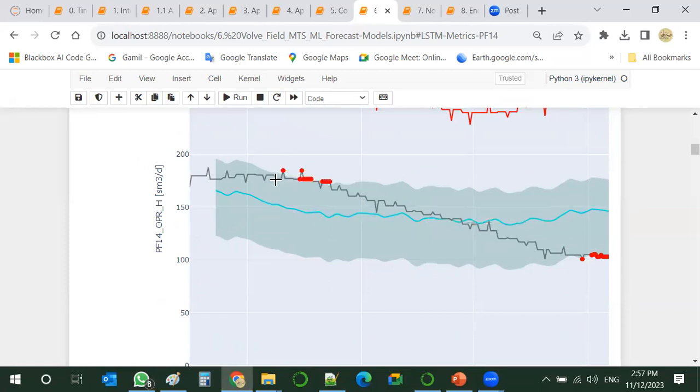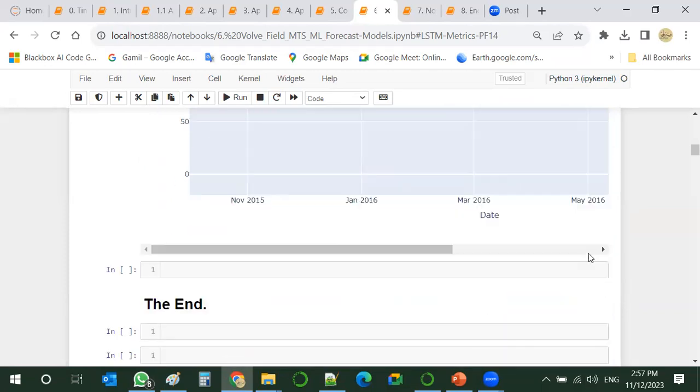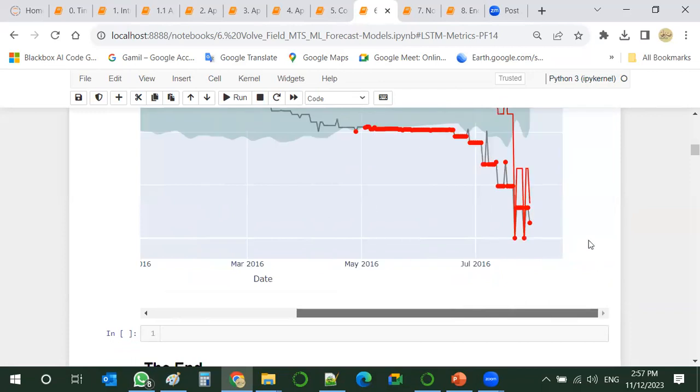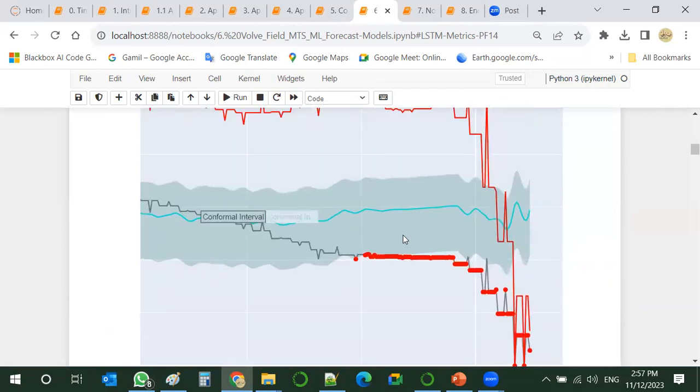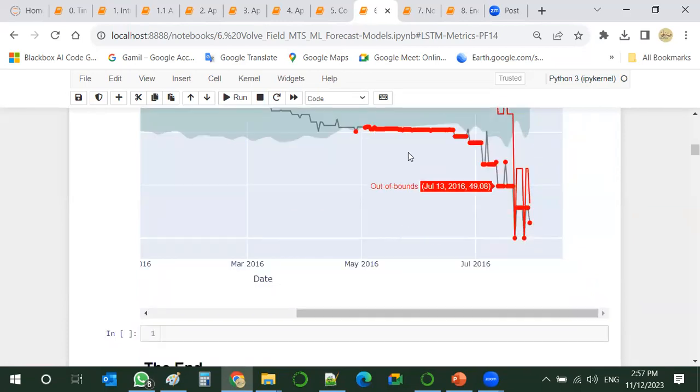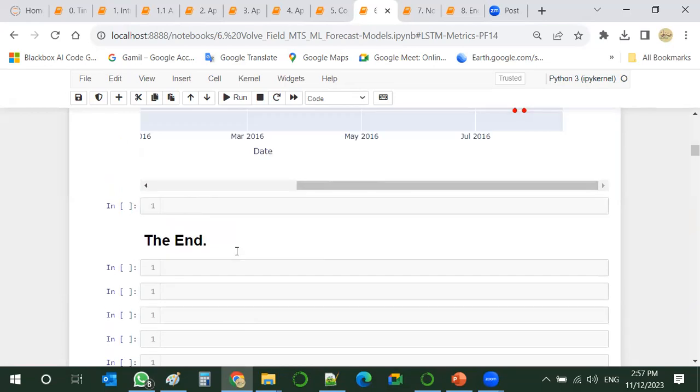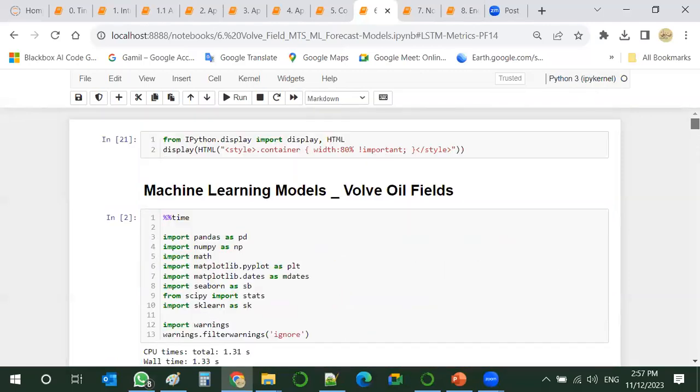We have some of them over here, and some toward the end of the prediction, where the field is just not producing anymore. I hope this is a good example to show you that time series can be very, very useful.